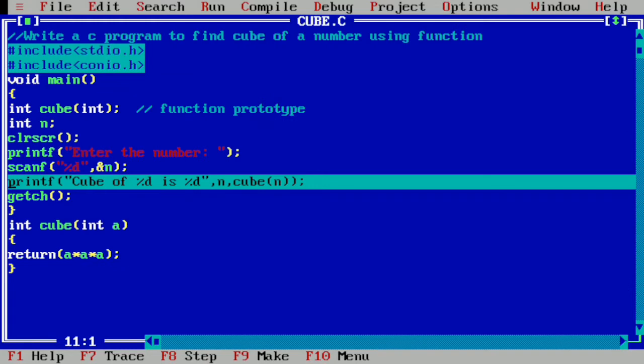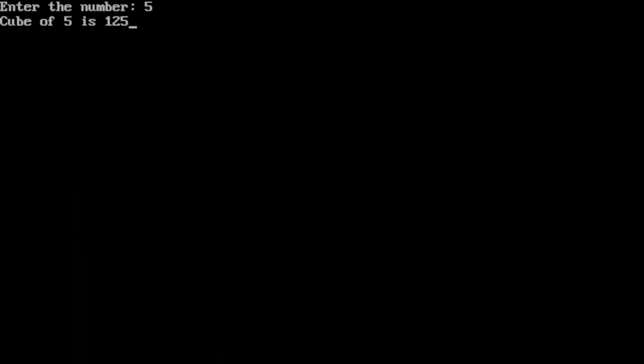Here you can see we have encountered the printf statement consisting of a function call, that is cube of n. So as soon as I press F7, the control transfers to the function definition. Here you can see it is executing this particular statement by showing the value of cube of 5 is 125.